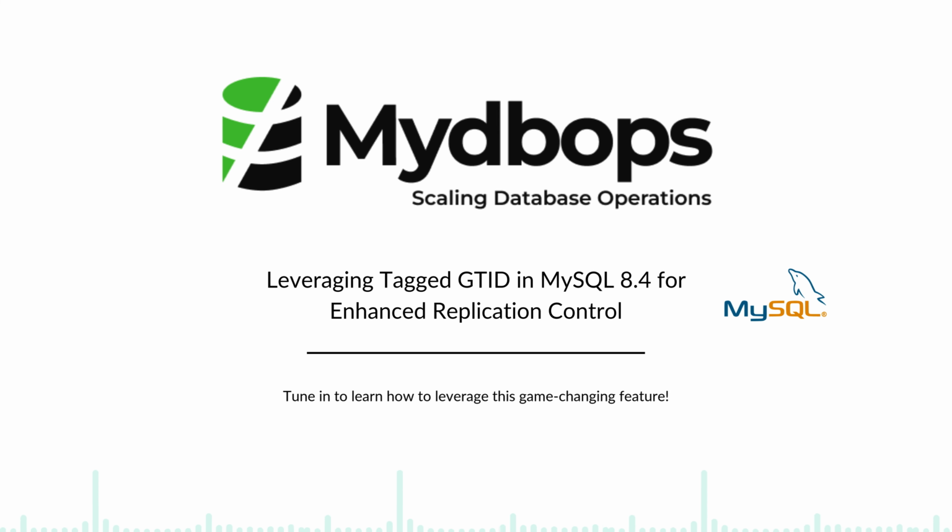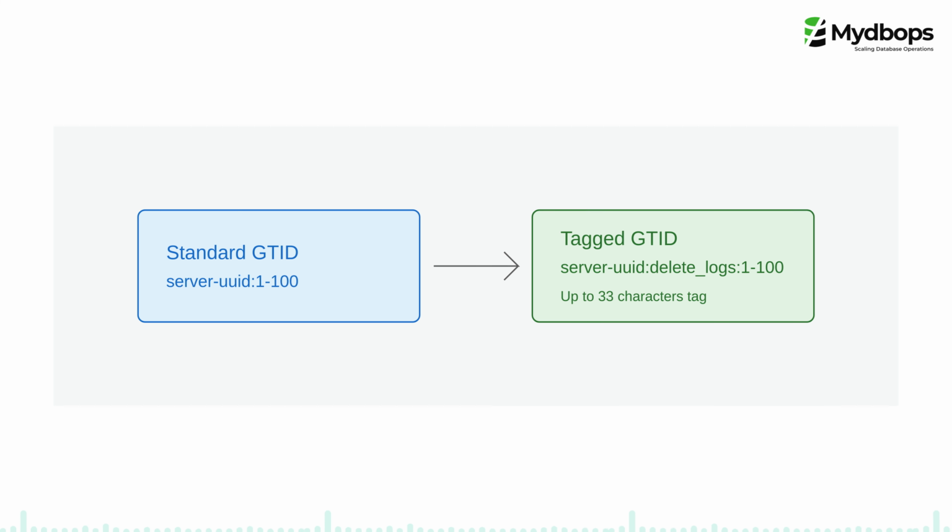But Tagged GTID is bringing in this whole new level of granularity where you can basically choose exactly which transactions are going to be replicated and where they go. Okay, so let's back up for a second. How does it actually work? Yeah, think of it like adding a shipping label to a package. Okay. But for your data. So each tag is like a marker,